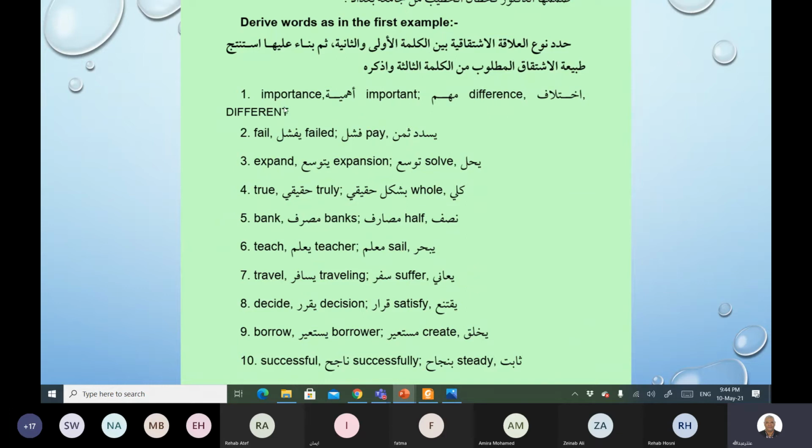One example هنا في number 1 is the example. Importance, important. Difference, different. Okay? So you derive words based on the relationship between the first 2 words. Importance is a noun, important is an adjective. Difference is a noun، يبقى الكلمة اللي ناقصة هتبقى adjective، فعشان كده ظهرت كلمة different. طيب احنا دلوقتي في number 5. bank, banks, half. ايه الكلمة اللي ناقصة؟